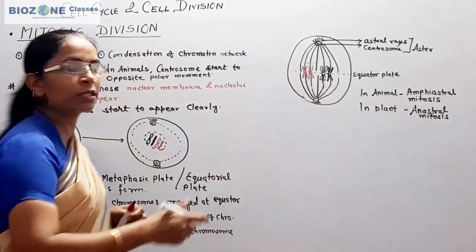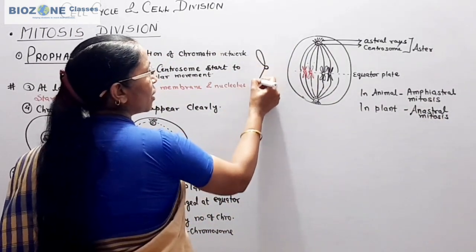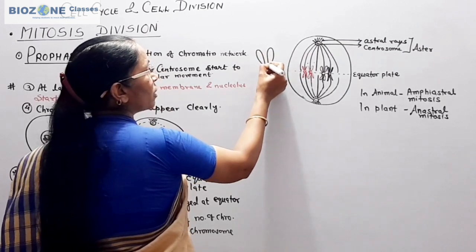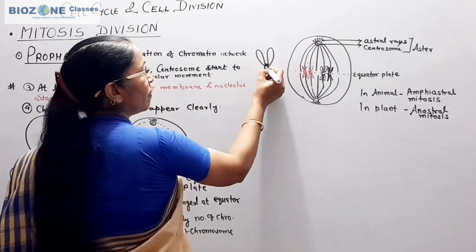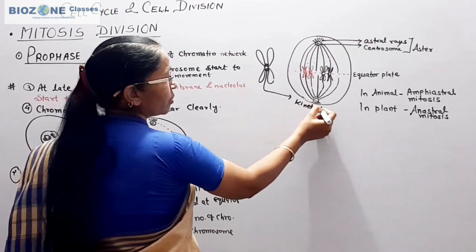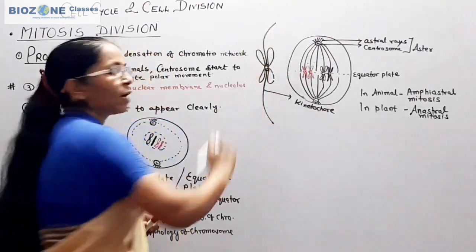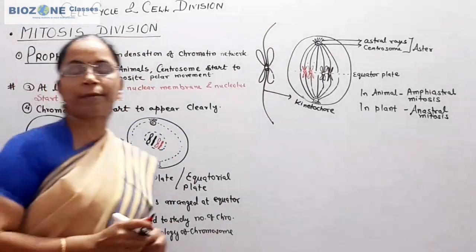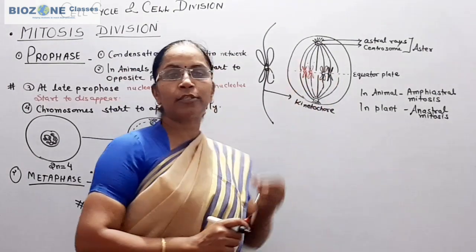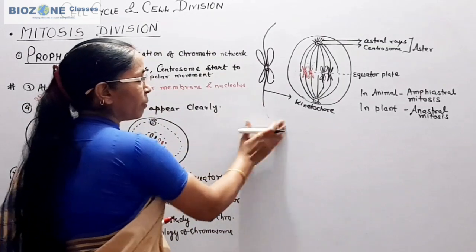When you come towards the structure of one chromosome, here you remember this is one chromatid, this is another chromatid. Here the cap-like structure present is called the kinetochore, and whenever the spindle fiber attaches, it attaches with this kinetochore protein. Spindle fiber never attaches directly to the centromere. It always attaches to the centromere with the help of kinetochore protein. So this part you remember.